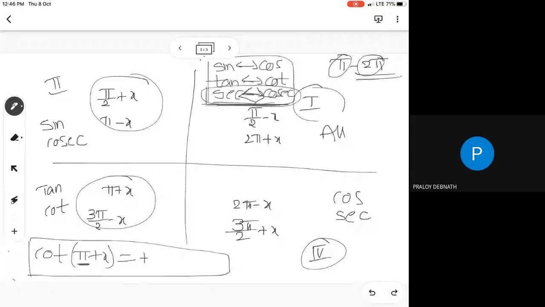Then, after that, what to see? Here, whenever you have multiples of pi, the angle stays as it is. So cot stays cot, tan stays tan, sin stays sin. So here we are going to get cot x, not tan. When does the change happen? If you have pi by 2 or 3 pi by 2 in this place. These changes will occur whenever you have pi by 2 or 3 pi by 2 only.